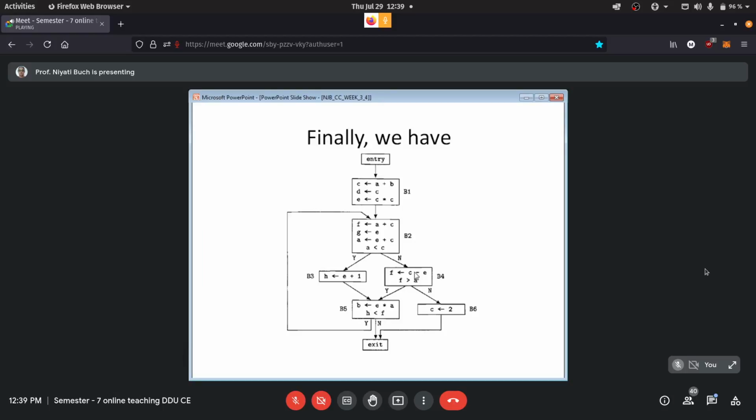I think this should be sufficient to get an idea. This one example we have taken thoroughly, step by step, and all the information will be shared with you. Whenever you want to practice on paper, you can just walk through the slides and you will get all the information. And if you are thorough with this particular example, I would advise you to try out the quick sort flow graph for practice.